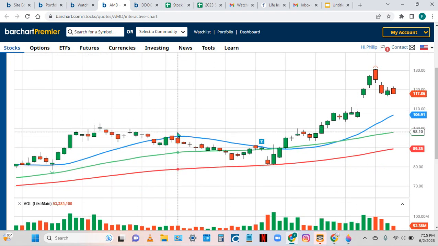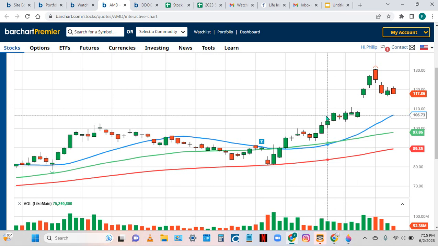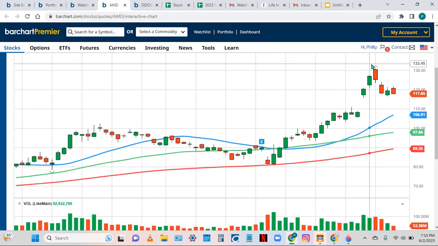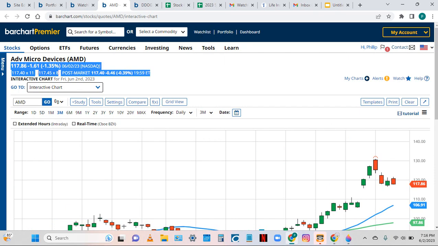Well, it had a nice base here, broke out, and then it had a little 3-bar turn here we could have got on board. And it had a base right here that we could have bought and taken advantage of that price appreciation. So I hope you guys see that there's always something